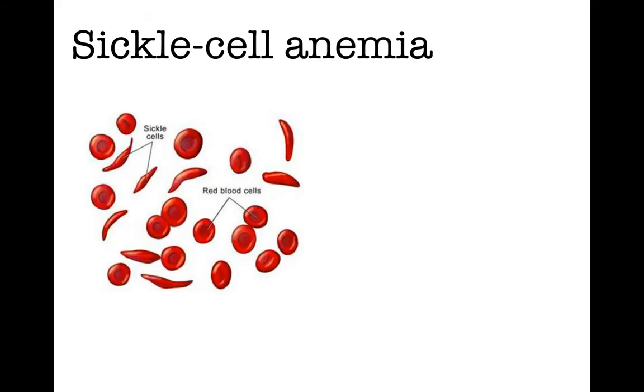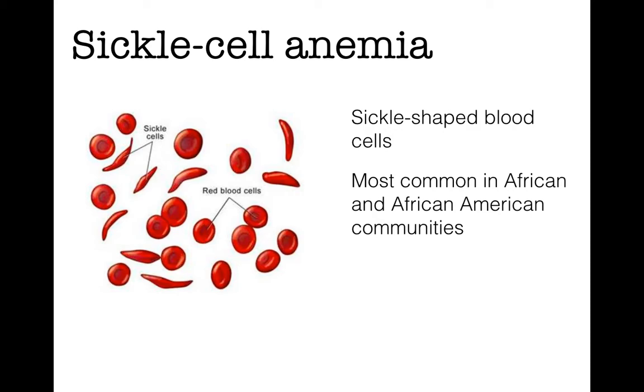Sickle cell anemia is another autosomal recessive disease that is caused when blood cells are sickle-shaped. It's most common in African and African American communities, and carriers are protected against malaria. A normal non-carrier would have two dominant alleles. A carrier of sickle cell anemia would have a dominant and a recessive allele, and somebody with sickle cell anemia would